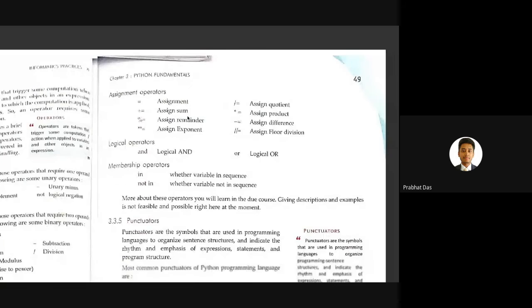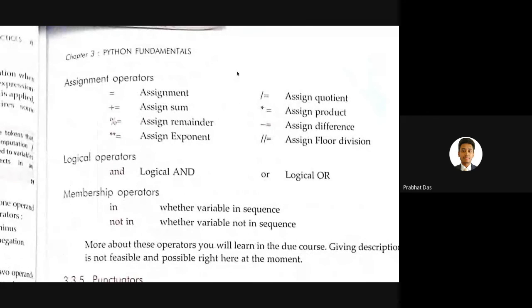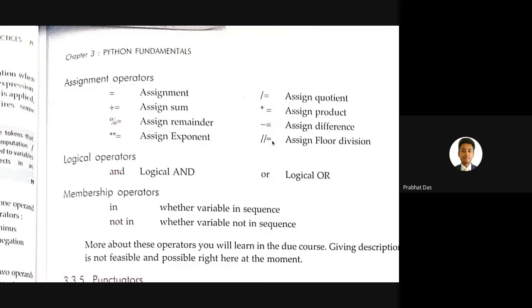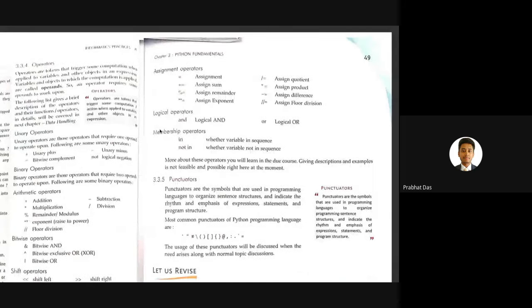So this was all about the assignment operator. There are various methods of assigning values. I have explained all of them, like equal to, plus equal to, all of this basically works the same way, which I have shown. For floor division also, you will be using those 2 slashes. For multiplication, just the asterisk and the equal to. For the calculation of quotient, we will be using the forward slash equal to. For the calculation of remainder, you can use the modulus equal to. So this was all about the assignment operator.